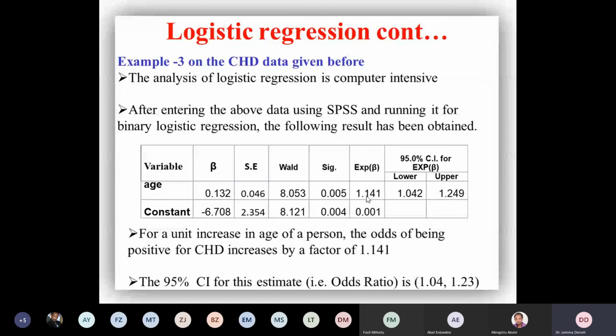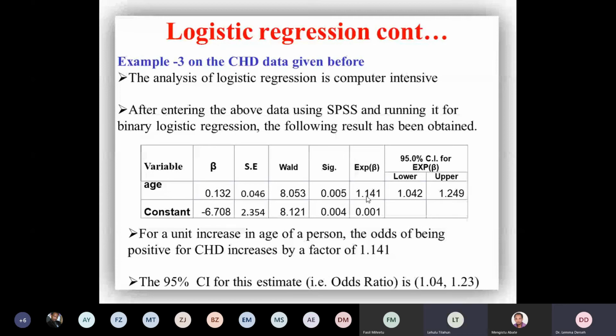ሁለተኛ for a unit increase in age the odds of developing CHD will increase by 14.1%. ከአንድ በላይ ያለችውን ብቻ በመውሰድ ከነጥብ በኋላ ወደ ፐርሰንት ቀይራት 14.1% ይጨምራል አንድ አመት በመጨመሩ ምክንያት ማለት ይችላል ኦኬ በእነዚህ ሁለቱ መጠቀም ይችላል፣ በተለያየ ፎርም። ፍራክሽን ሲሆን በሌላ እንጠቀማለን በኋላ እናያለን ኦኬ በዚህ መንገድ ኢንተርፕሬት ማድረግ ይችላል